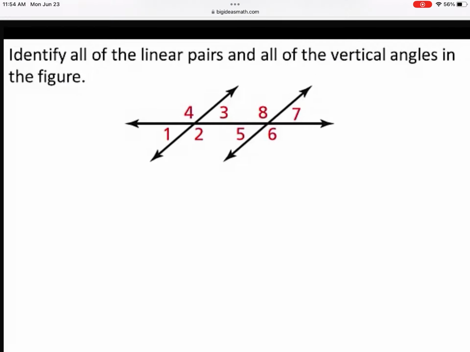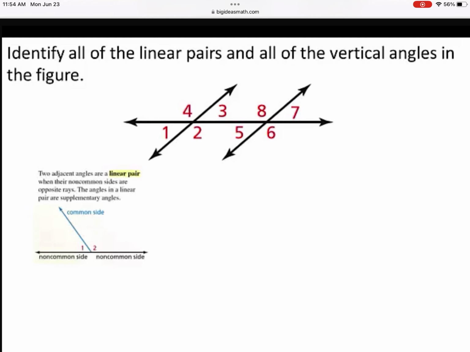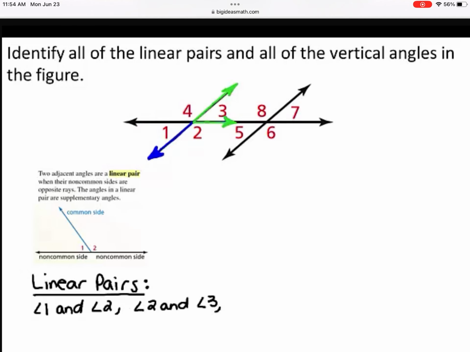Identify all linear pairs and all of the vertical angles in the figure. Two adjacent angles are a linear pair when their non-common sides are opposite rays. So, to identify all of the linear pairs in the figure, look for adjacent angles whose non-common sides are opposite rays. The linear pairs in this figure are angle 1 and angle 2, angle 2 and angle 3, angle 3